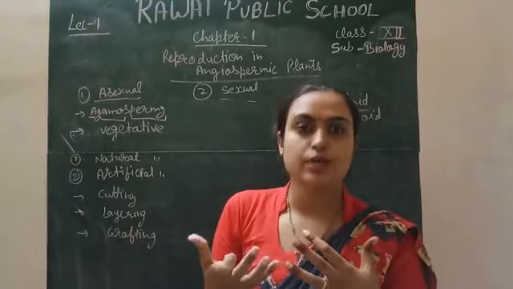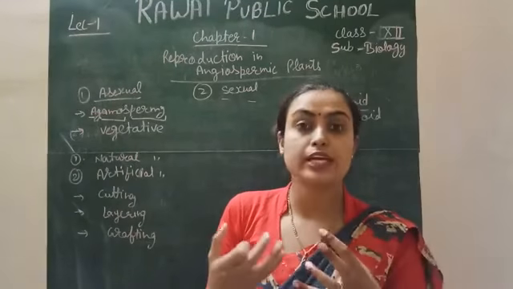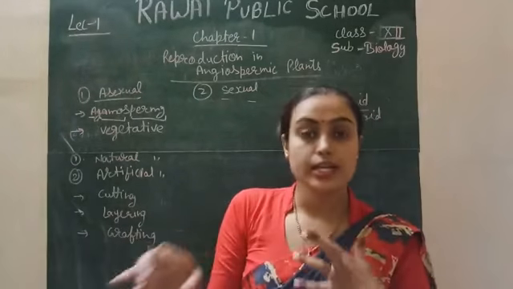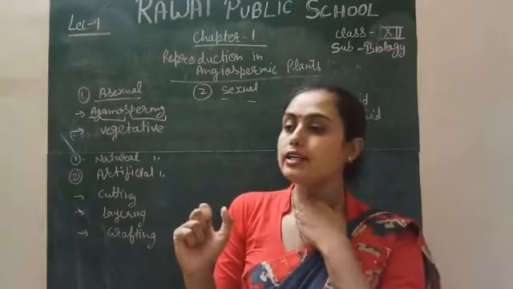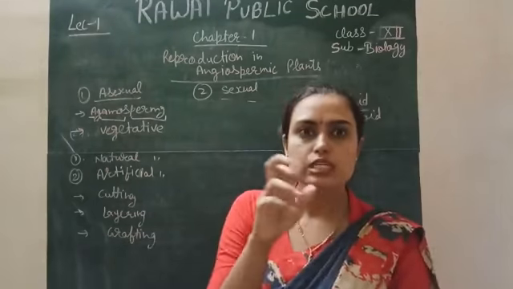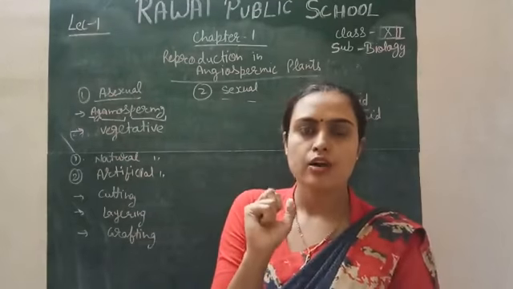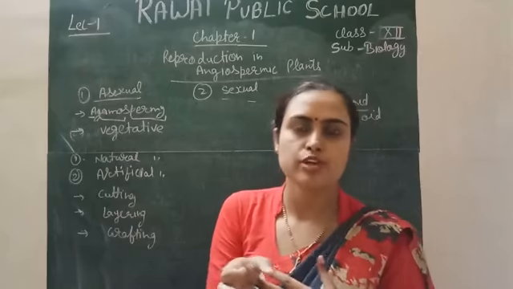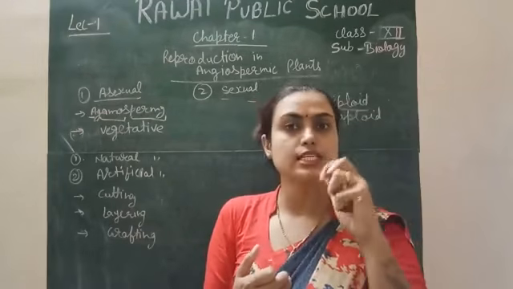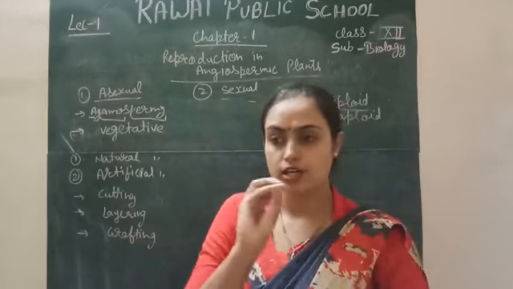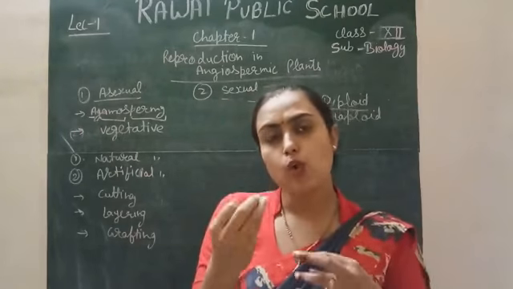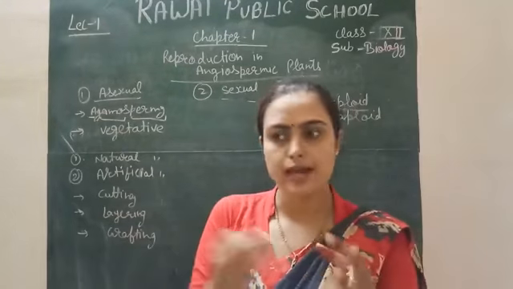for example, tuber in case of potato, rhizome in case of ginger, bulbil in case of onions, and runner in case of grasses, right? And stolon in case of mint and strawberry, you can say. So these are some natural forms of vegetative reproduction which occur naturally. The part of the stem and root which consists of nodes is attached to or touches the moist soil. In the moist soil, these nodes produce adventitious roots and produce the new plant.